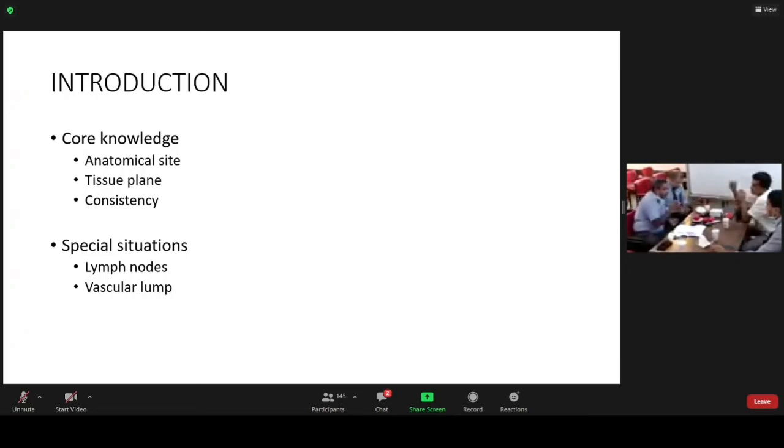Good. One small thing, when you are assessing the consistency, if it is not cystic, a solid lump could exist in the body in three forms. One could be very hard, like bone. We call it bony hard. Then you can have a firm lump. It is not bony hard, but it's like the consistency of a contracted muscle. Or a very soft lump. So you should be able to say that it is a soft lump, a firm lump, or a hard lump. When you say hard lump, it means it is bony hard. The reference is the bone. For firm, the reference is contracted muscle. Soft is any other lump.